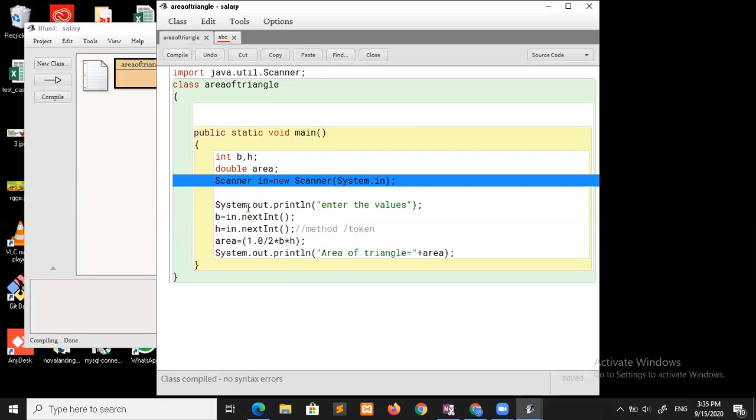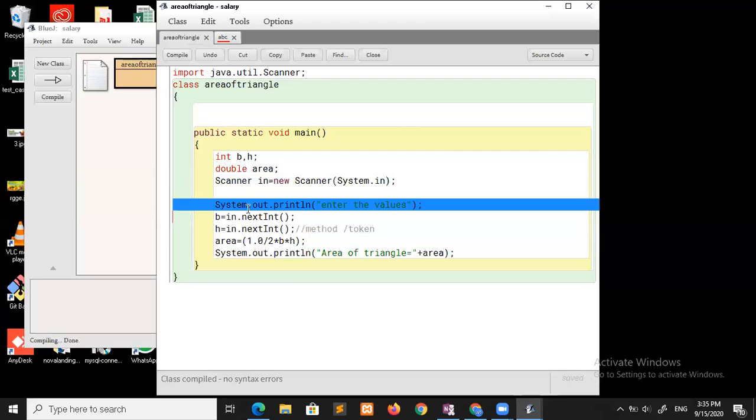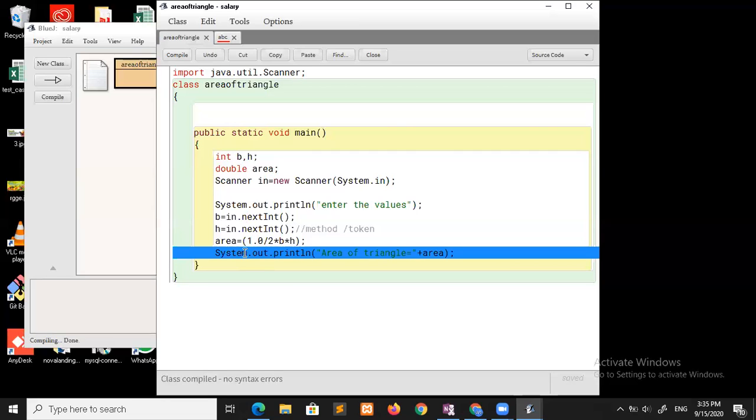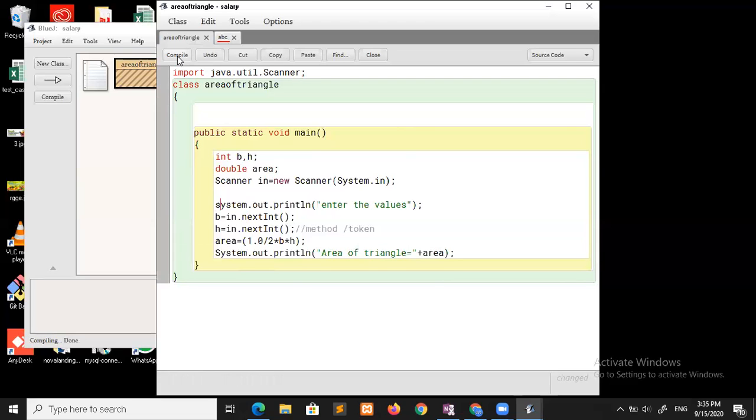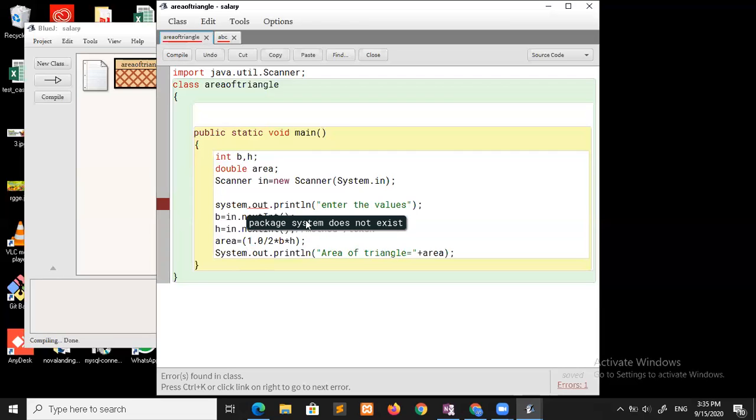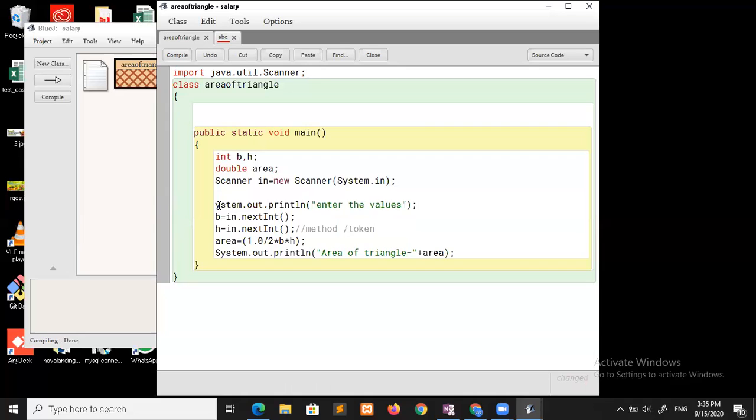That means he or she has not made any mistake with any sort of notations, symbols or keywords. Keywords, for example, look, I wrote this s in lower case and then compiled. It will throw me an error. So which error is this? See: package system does not exist. Where does this message come from? It gets it from the library. So these are nothing but syntax errors.